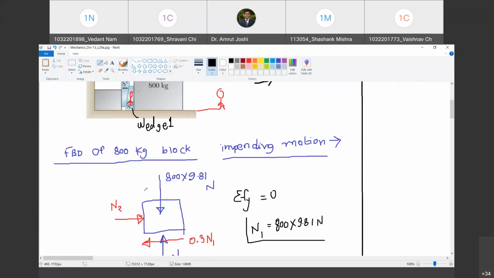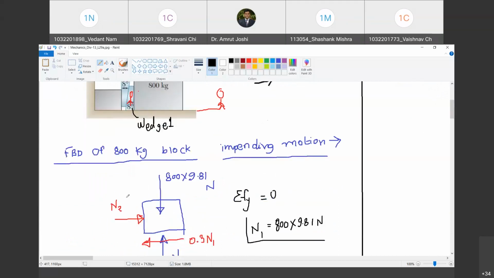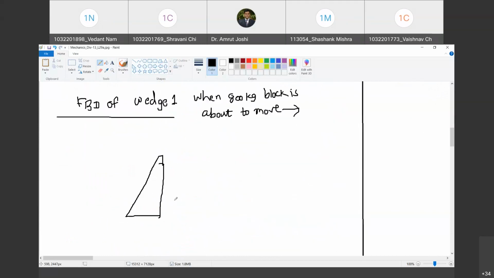Yes, sir. So now let us look at it the other way around. This wedge on the 800 kg block, what was it doing? It was applying a normal force thrust N2 towards right. Are you with me? Yes, sir. By Newton's third law, actions and reactions are equal and opposite. So what must the 800 kg block have been doing on the wedge? It must have been applying an equal and opposite force N2. Do you agree with me?